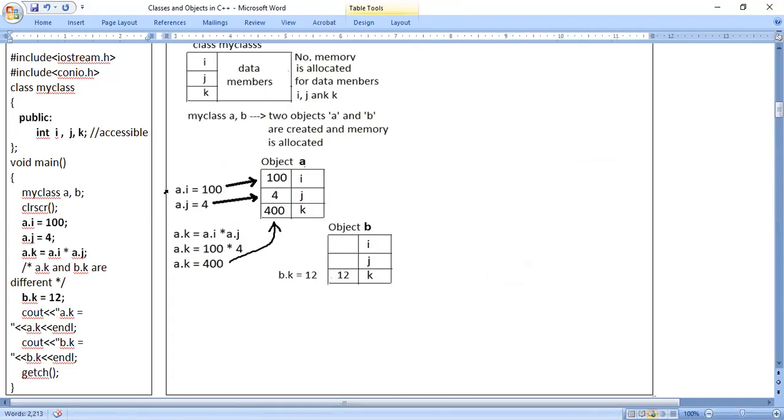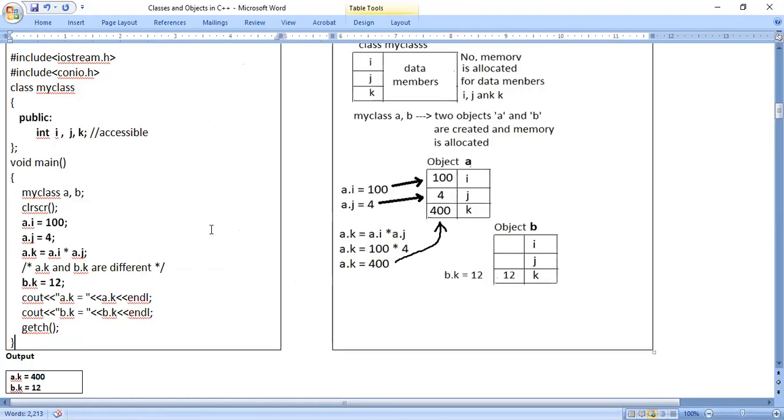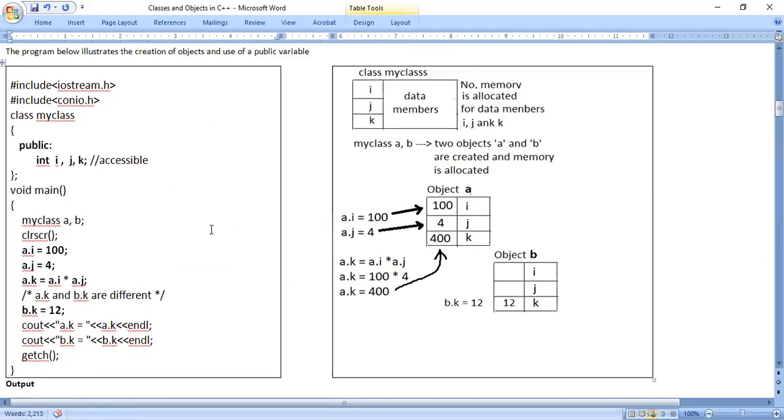We'll wait for a few seconds. Just go through it. Especially in an object-oriented programming language, on the spot, you may not understand everything. So you don't feel bad for that. You can't expect that today only I should understand everything. That's not possible. You'll understand class by class. So I'll wait for a few seconds just to look at the program, code and this diagram. If you have any doubts, you can ask.